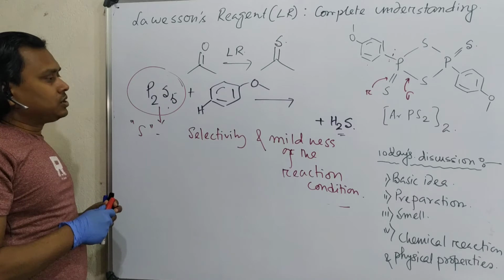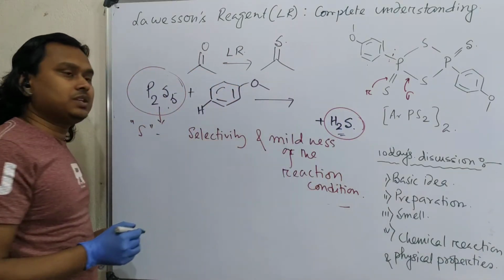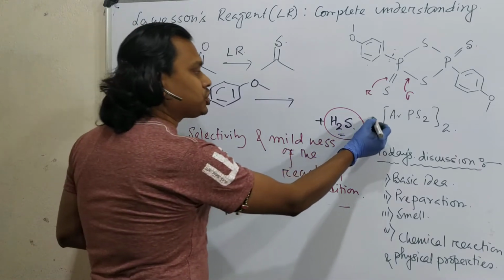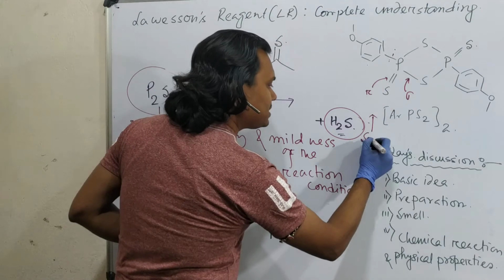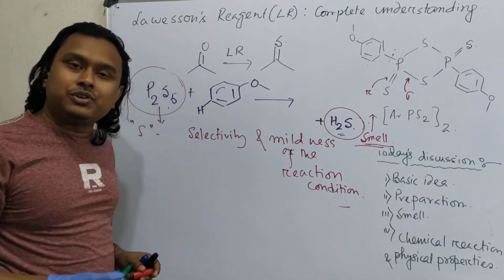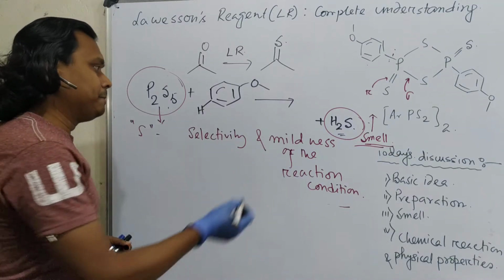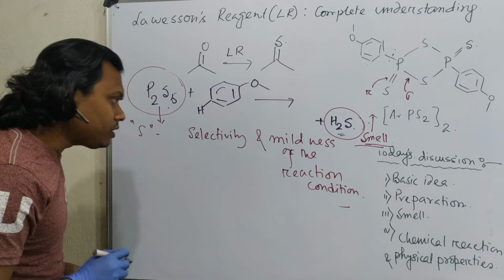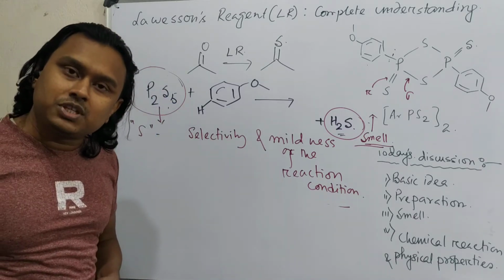Now, how can we understand that this reaction is completed? When the evolution of hydrogen gas stops, and it has an interesting, pretty bad smell, H2S, you know. In the laboratory you have all experienced the rotten egg smell. Now H2S is produced. So from this reaction mixture, how is the pure compound obtained?